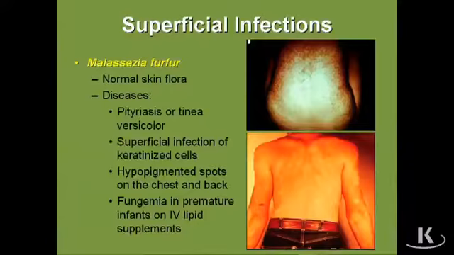Now, the disease that we're referring to is Tinea versicolor, also sometimes called pityriasis, and the causative agent is called Malassezia furfur. So in this case, you definitely have to know the organism, and you want to know what the name of the disease is. So you have Tinea versicolor. The reason it was given that name, versicolor, is because you can have hypo or hyperpigmented spots on the skin. So again, it's a superficial infection, hypo or hyperpigmented spots, and more commonly you're going to see, as is shown in the images here,